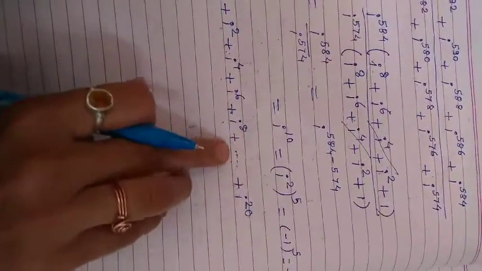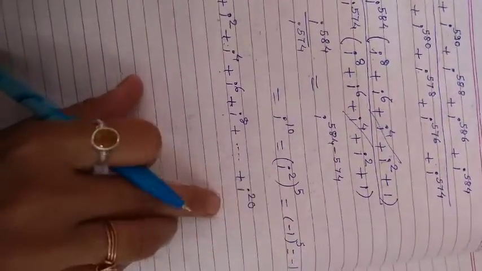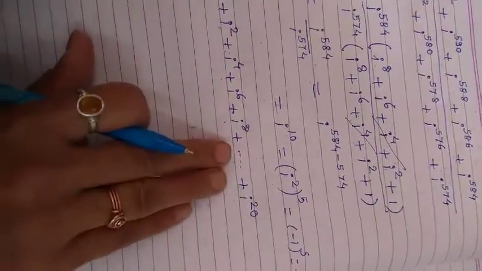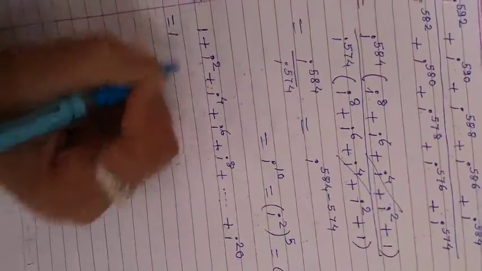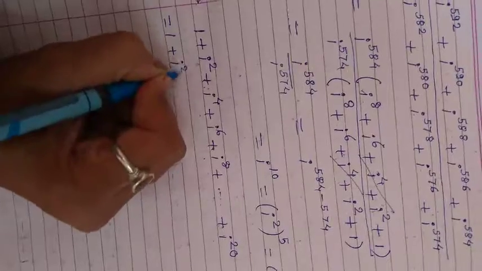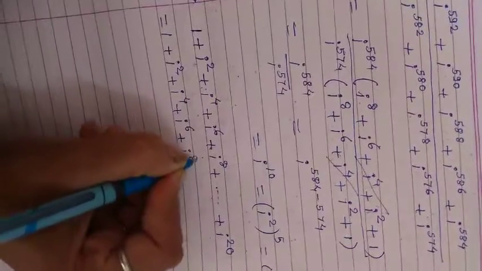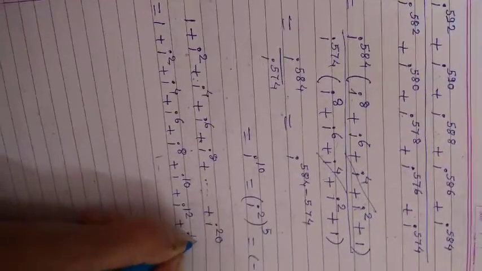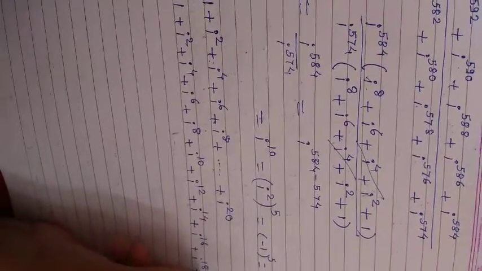So in between यहाँ पर आएगा i to the power 10, 12, 14, 16, 18 and last term is already given i to the power 20. So हमें वो सब लिखना है. After that we have to calculate value and we'll get the answer. Now see how we will calculate this. So पहले हमें ये middle term सारे लिखने पड़ेंगे. तो हम लिखेंगे 1, then i square, then i to the power 4, then i to the power 6, i to the power 8, then 10, then 12, 14, 16, 18 and the last is 20.